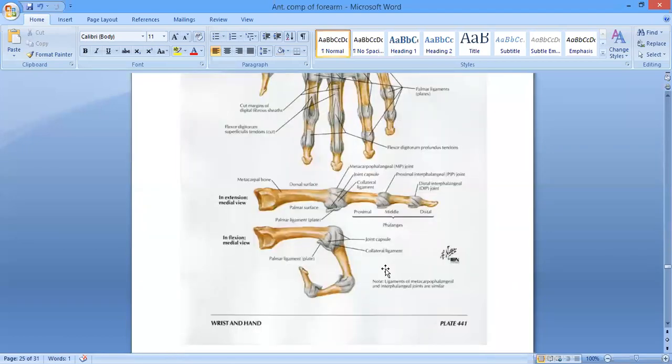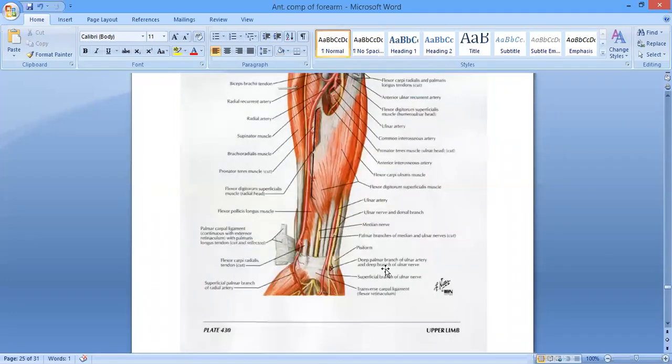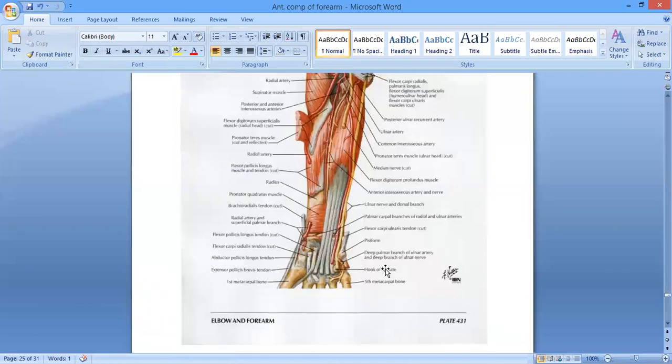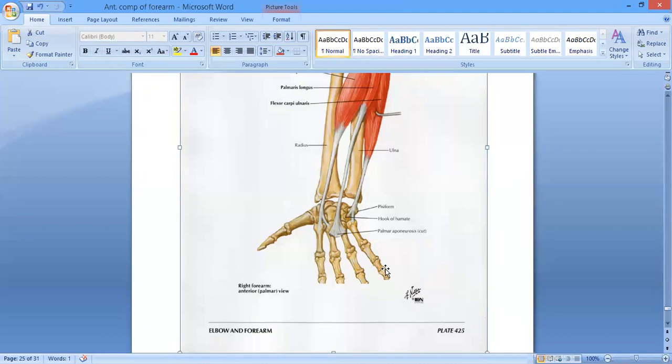The major nerve supply of the anterior compartment: we have talked about how we have got 8 muscles in it. Out of the 8, 6.5 muscles are supplied by the median nerve. Only 1.5 muscles are supplied by the ulnar nerve. So here you can see that this tendon is going to be inserted in the apex of this palmar aponeurosis over here. Is it clear?